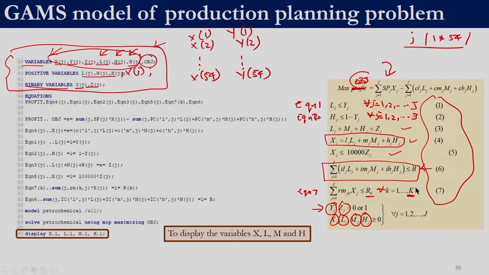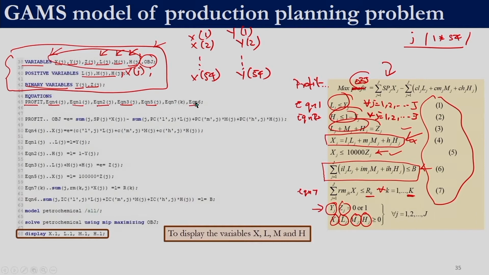In this case we have 2 raw materials, and the objective function we define with the equation name profit. So, the name of this equation is profit, the variable is obj, right. So, the name of the equation which we will use for coding the objective function is profit, and then we have all the equations, right. So, equation 1 is this one which runs across j, equations 2, 3, 4 and 5 run across j, right. So, these equations run across the set J.